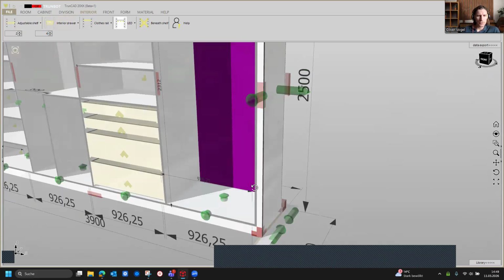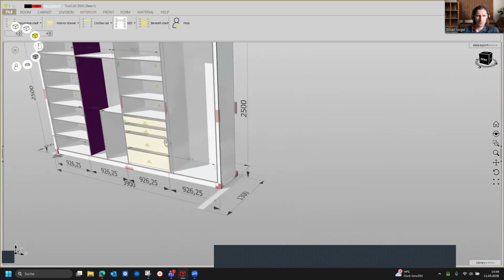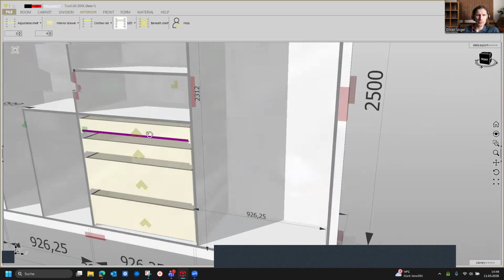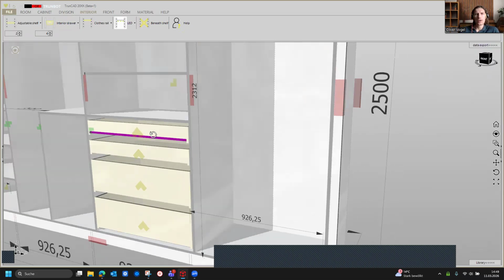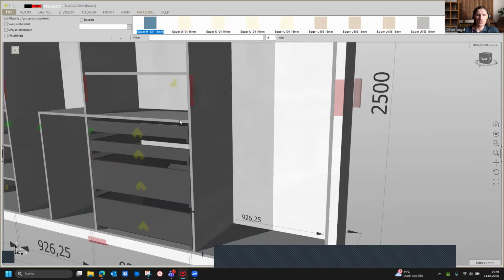So we don't need to have the green arrows anymore. That's why we click here on the eye again and turn them off. And if you want to change here also the material for the drawers, you click on the material tab. Here you choose the thickness. Then you click here all parts of group, and you can drag and drop it